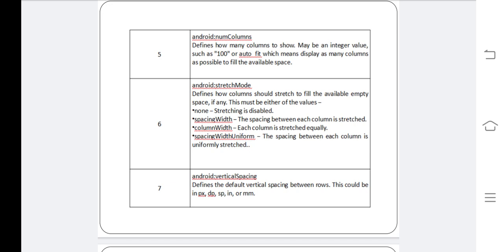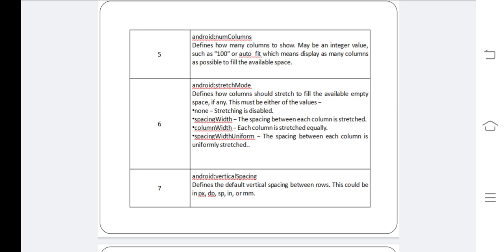android:stretchMode defines how columns should stretch to fill the available empty space, if any. The possible values are none, spacingWidth, columnWidth, spacingWidthUniform. If the value is none, stretching is disabled.